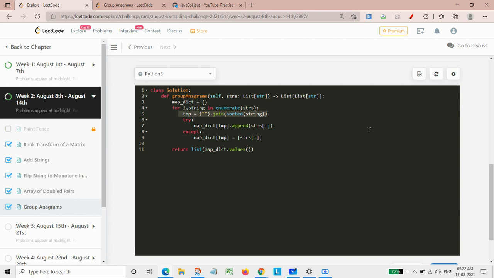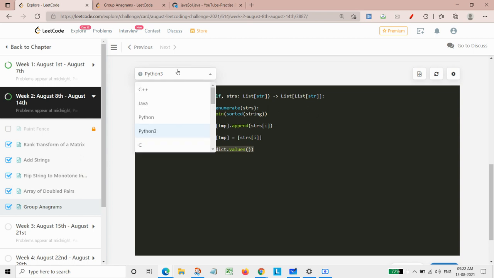Then we are storing in our dictionary the key, that is that stem, and appending that string of i, meaning the original string corresponding to that particular sorted key. Else, we are putting it in if it was not already there. At the end, we are returning it this way. We are making it into a list and returning all those values which were grouped in this manner. So this is how it could be done.